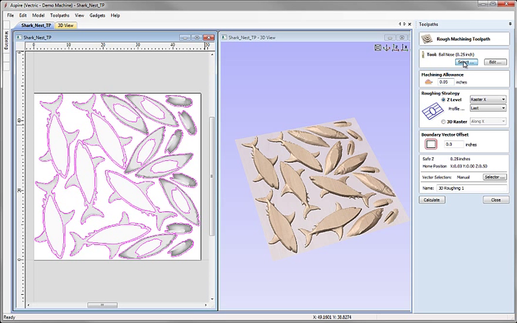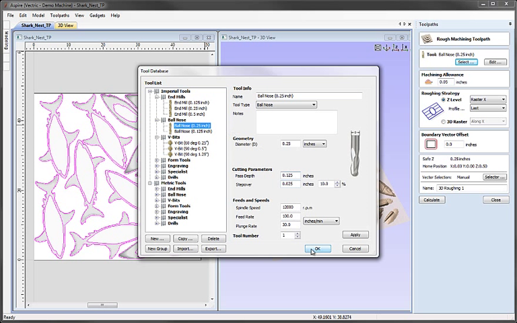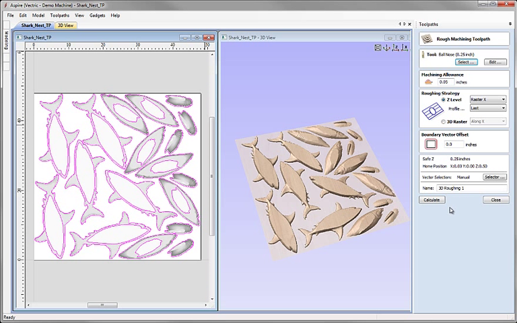I'm going to choose the same tool to do both operations, so I'm going to select a 1/4 inch ball nose tool for my roughing. I'm going to hit OK to take the default settings for that. I don't want to change them in the tool database, but I do want to override them just for this